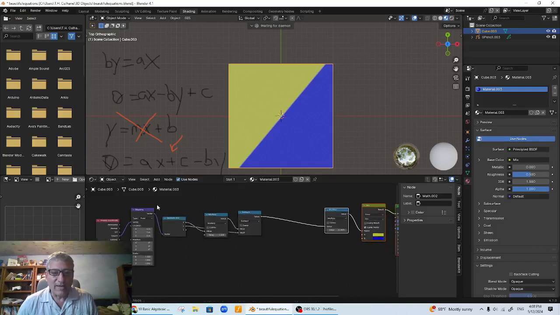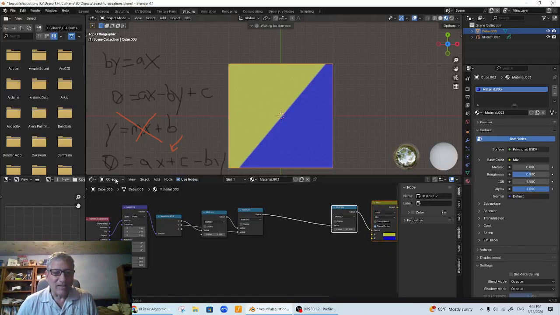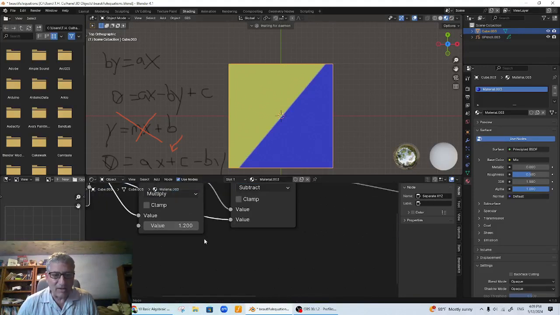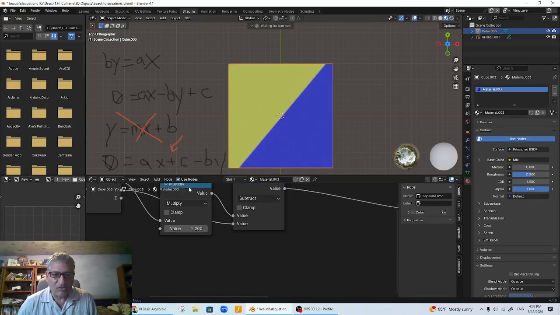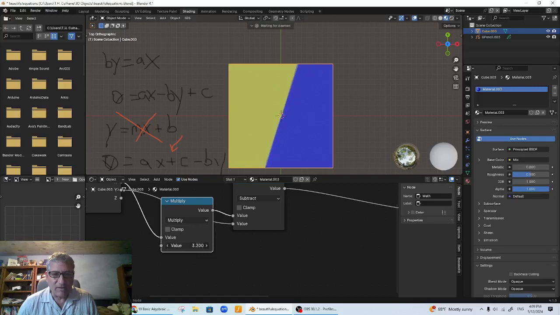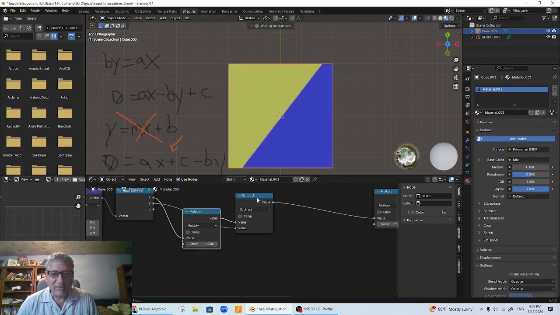So in our equation, we want to say that 0, which we don't ever put on here, equals ax, and the ax is this value here. This is our a, which you used to think of as m. This is our slope, the number, the value that goes in front of x. And then we have a subtracting a y,